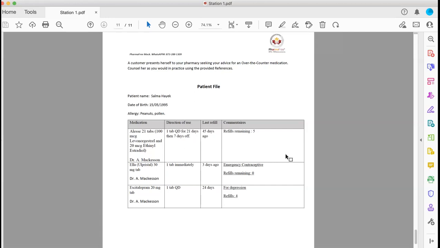May I know if there was any incident recently? Do you need Plan B for yourself to prevent pregnancy, right? Yes. You know, there's a time frame to use Plan B after the incident. So may I know when was the last incident, I mean, sexual intercourse? Yesterday.